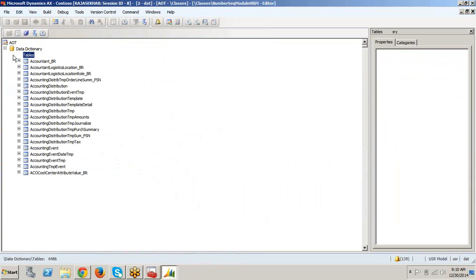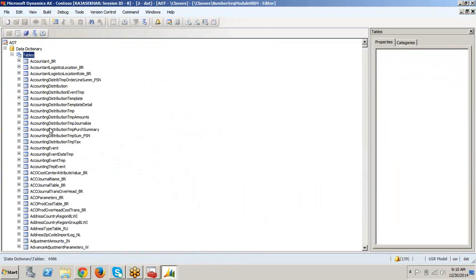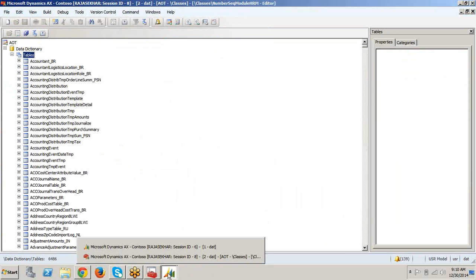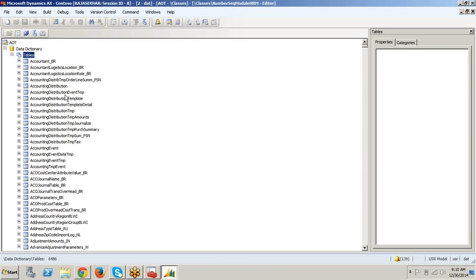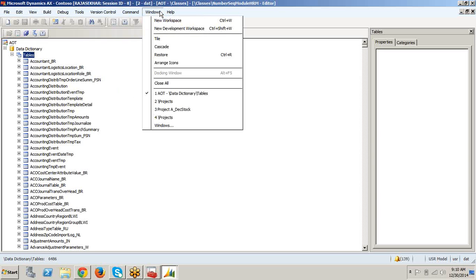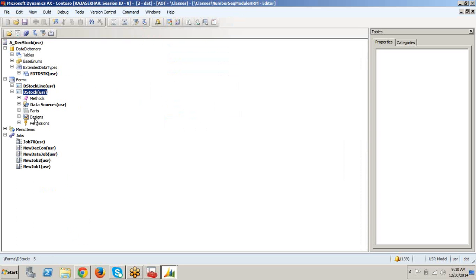In the tables, go to the HRM parameters, and there you create a number sequence reference number, and then create a job in our project and load the number sequence module. Okay, and then write the actual code in the create method of the data source. Okay, these we have some 5 to 6 steps are there. I'll send you a file for the 5 to 6 steps so that you can remember it.